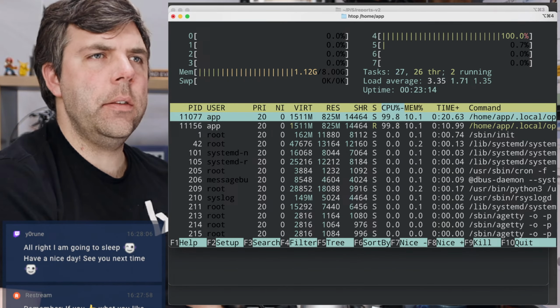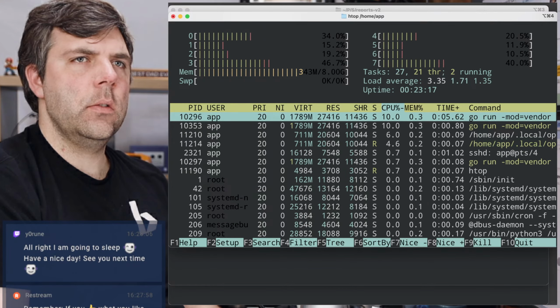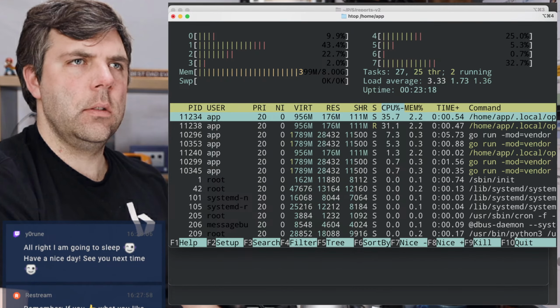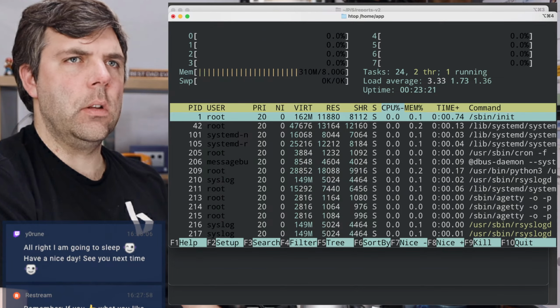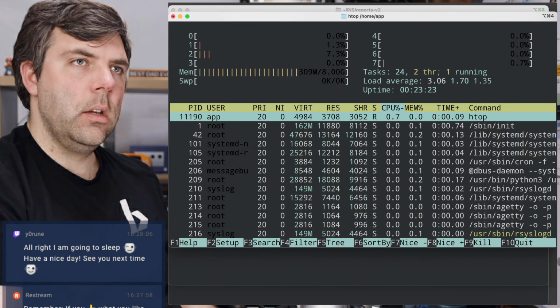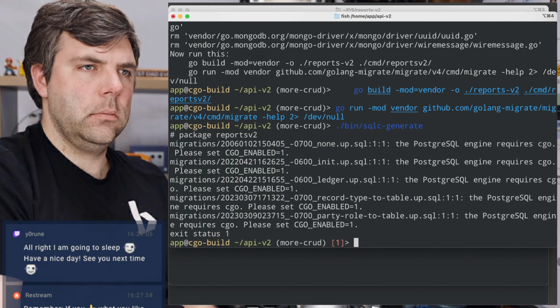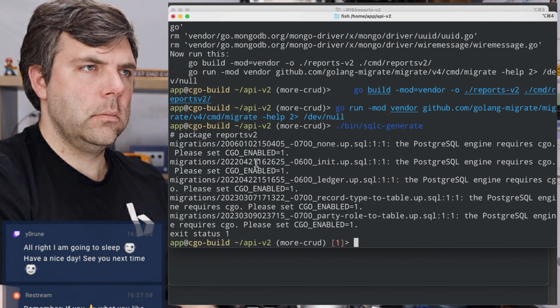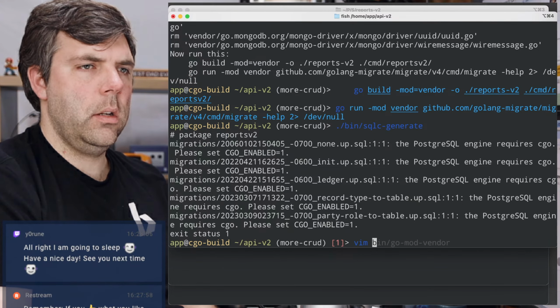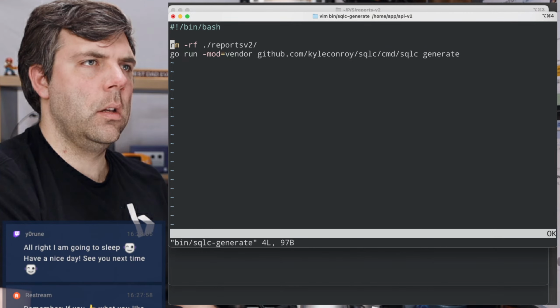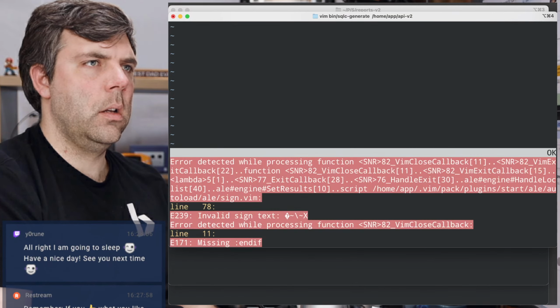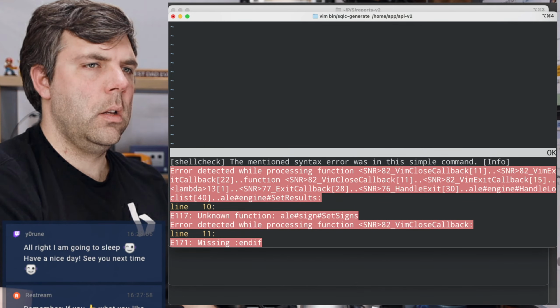It's kind of weird that it's using so few resources generally. Seems like it should do more. CGO enabled equals 1. What is going on?